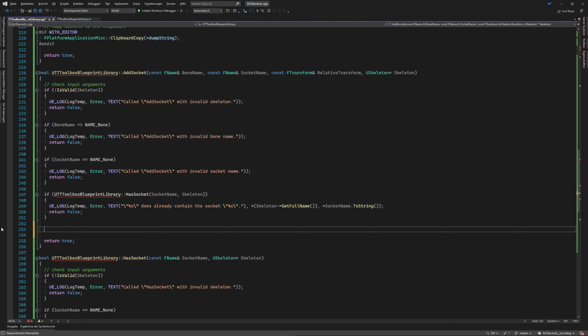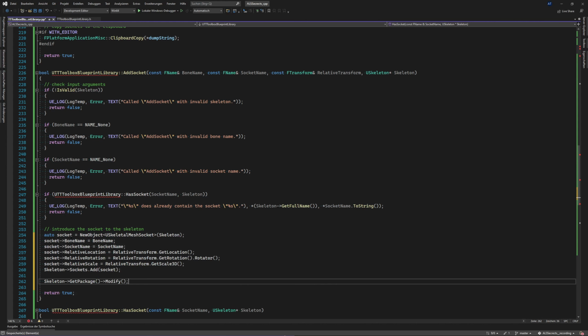So the next step is that we, of course, introduce the socket to the skeleton. And then we can use these lines of code. I will explain them immediately. And here we say following